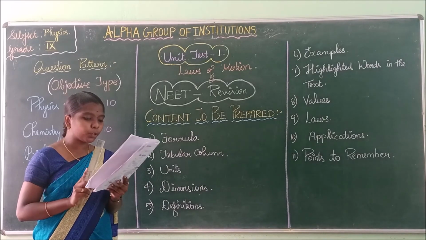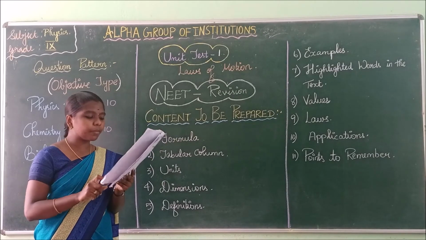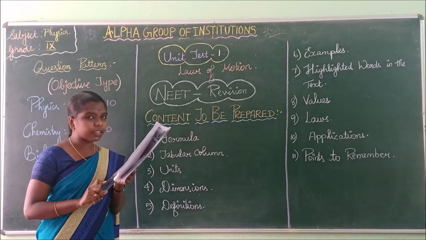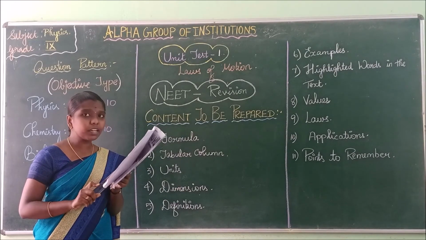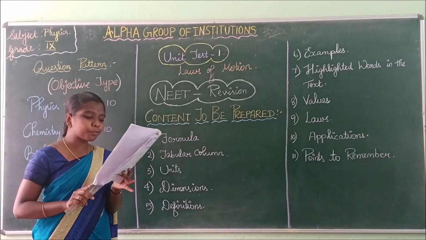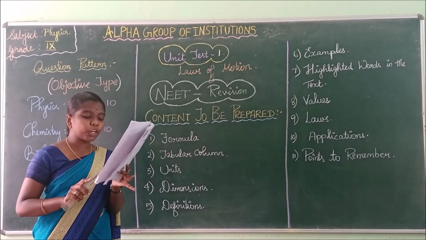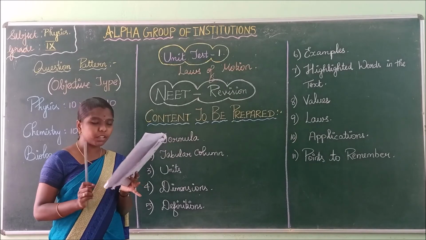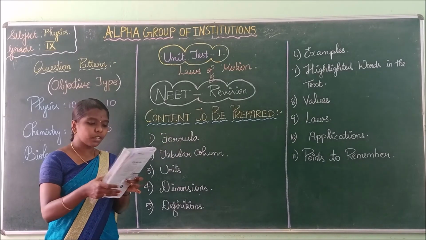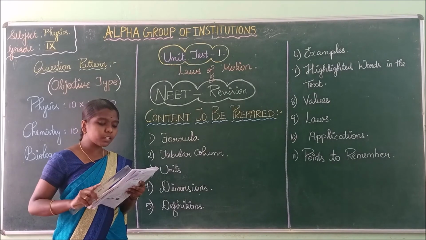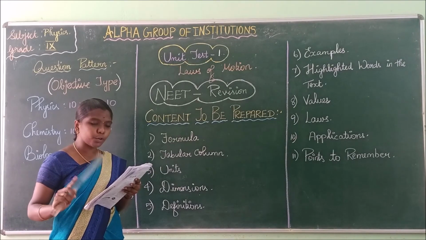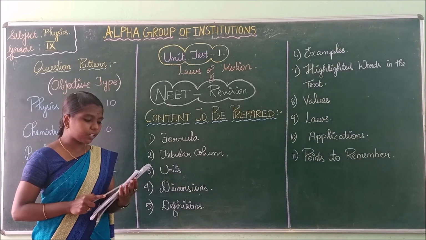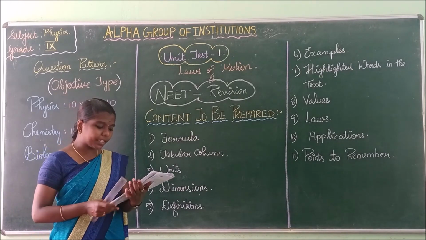Next, acceleration due to gravity. The unit is given in your second paragraph, last line. The unit of acceleration due to gravity is meter second power minus 2. Underline the unit. Next, the mean value of acceleration due to gravity is 9.8 meter second power minus 2. Underline the value. Yes, see the right side of your page. Radius of the Earth is 6400 kilometer. Underline 6400 kilometer.